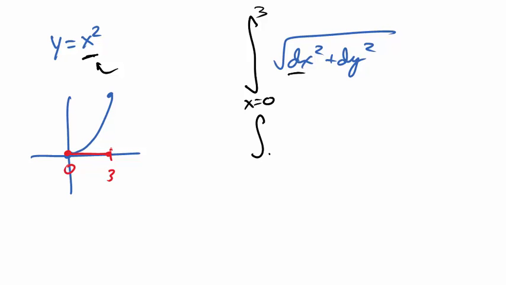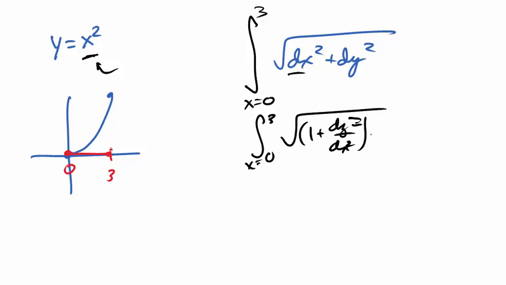In doing so, this becomes the integral from x equals 0 to 3, and when I factor out a dx squared, I'm left with 1 plus dy squared over dx squared, times dx squared, all within the square root, which is equivalent to